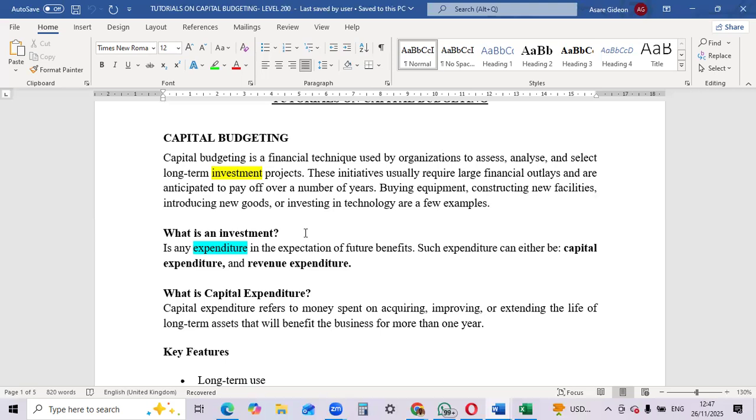And so what is investment? Investment is any expenditure in the expectation of future benefits. Of course, if you're an investor, you expect that you will get some more future benefits out of the investment that you've made, right? So that is the objective or the aim of every investor. I don't know if you're an investor and you don't expect anything, then I think there is something